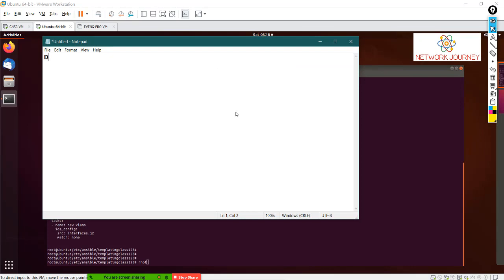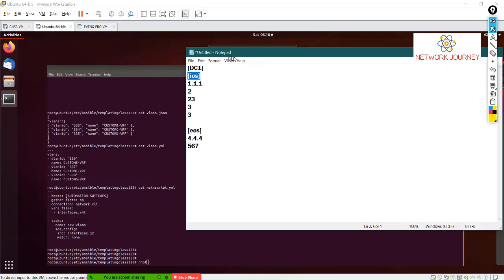So let's say you have your DC1 where you can group your devices. So this acts as your first group. Then you have your iOS, where you can define all your different devices. Then you have your EOS, where you can define once again all different IPs. And similarly, you can have multiple platforms. So in every script you can call exactly over here where you said hosts.